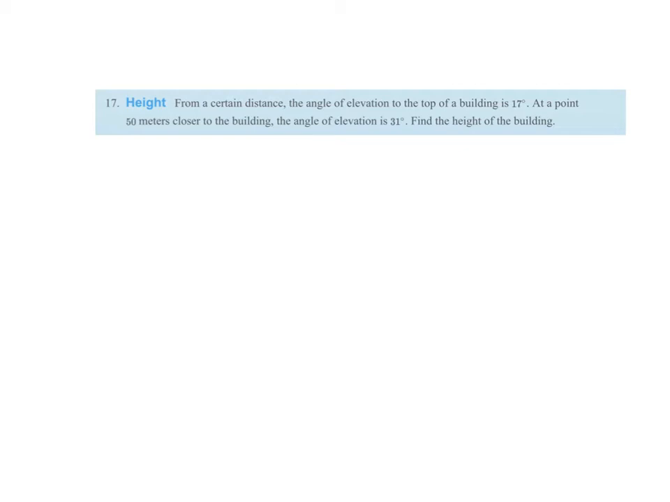So a certain distance from a building. So we have a building here. And from a certain distance, the angle of elevation to the top of the building is 17 degrees. We'll say this is our building here. 17 degrees. At a point 50 meters closer to the building, so 50 meters closer, the angle of elevation is